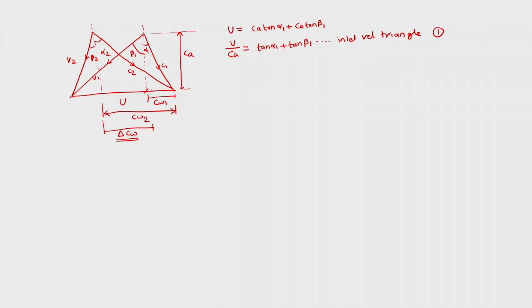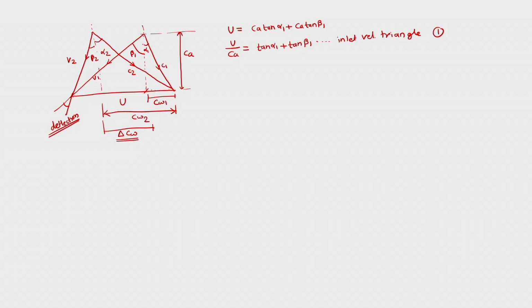There is one more thing to tell, that this angle is called the deflection of the flow. Flow needs to have pressure rise, and so for that the flow will be deflected. So beta 1 is the relative angle by which flow is coming, beta 2 is the relative angle by which flow is going. So there is a small deflection in the case of axial compressor, so that there is a small pressure rise in one stage. So beta 1 minus beta 2 is the flow deflection angle.